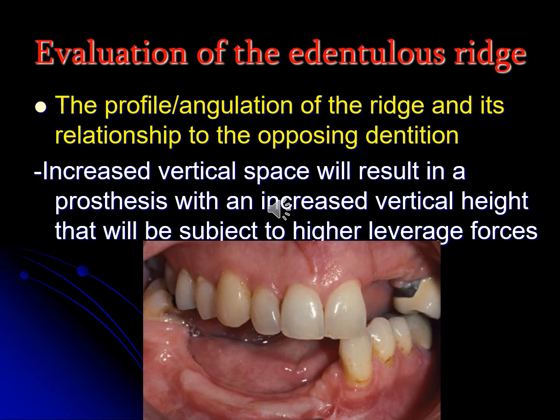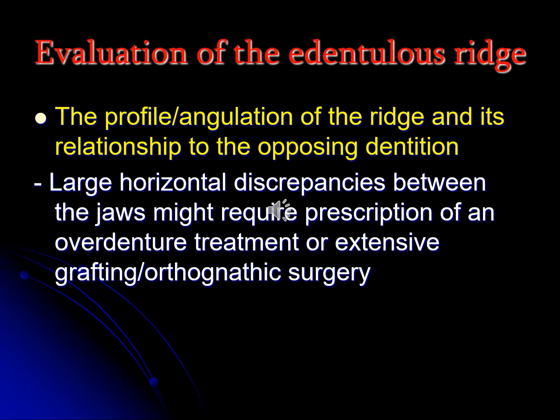Horizontal discrepancies between the jaws might require prescription of an overdenture treatment or extensive grafting or orthodontic surgery. If the relationship between the two jaws is class 2 or class 3, to solve this problem, the ideal option is to make orthodontic surgery to create a class 1 relationship, or to make extensive bone graft to create